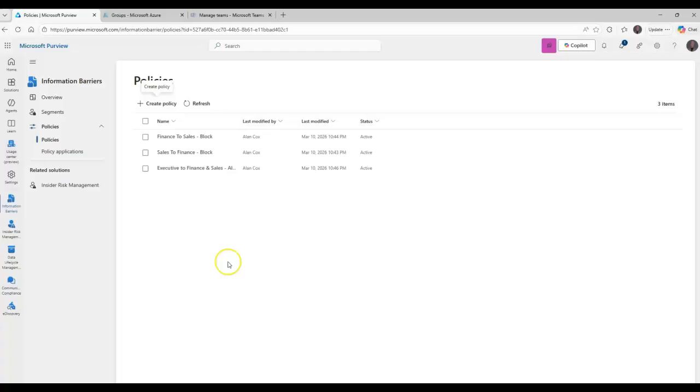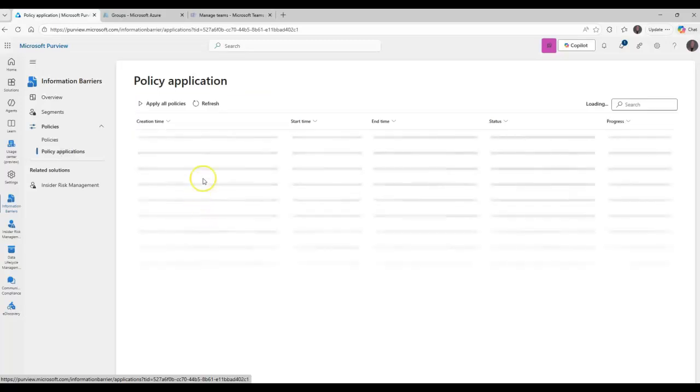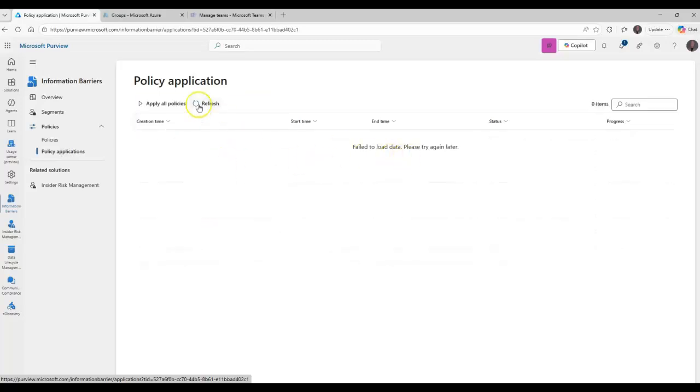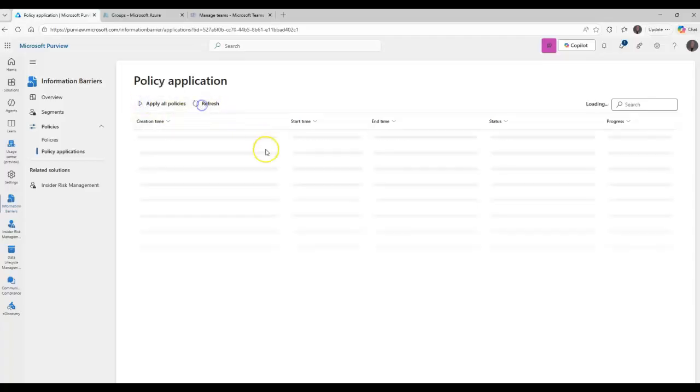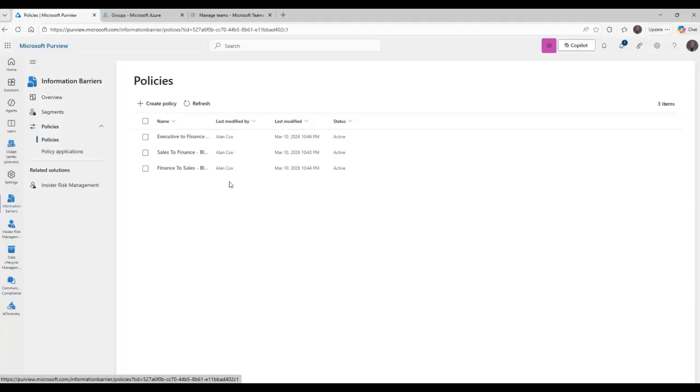Okay. All right. So that is our policy. We've got it all allowed, and then we just finally can click in here. They're all allowed here, but we click in here, go to policy applications. See if we can load this up here. It may not load. That was one that I had to cancel. We're just going to apply all policies, and it doesn't actually look like it does anything, but eventually this will pop up. But it is essentially done. All of our policies are created now.